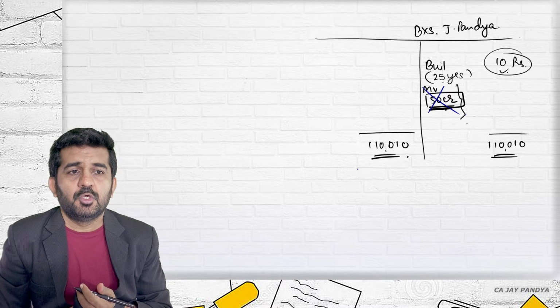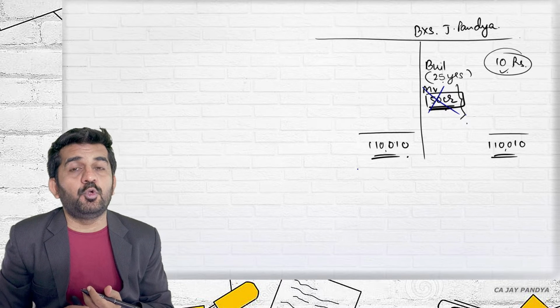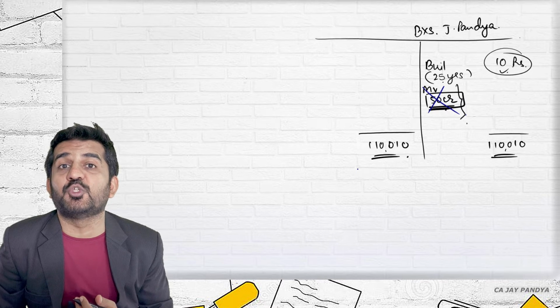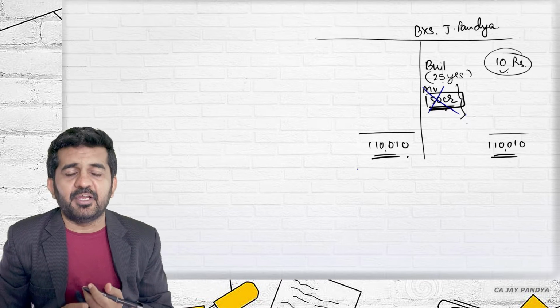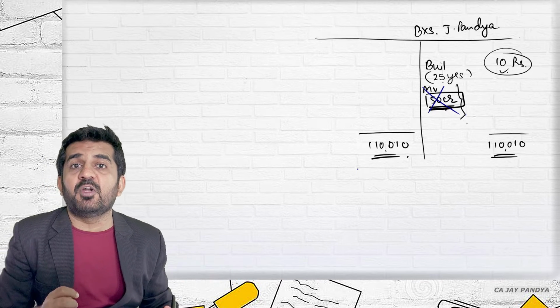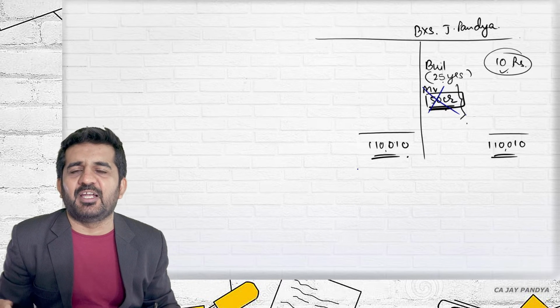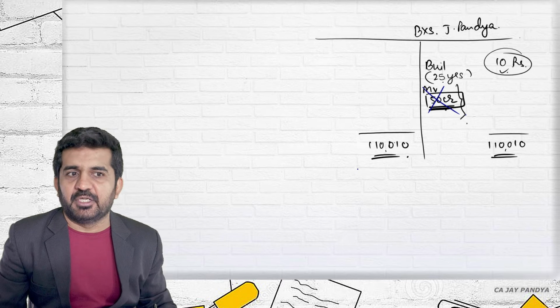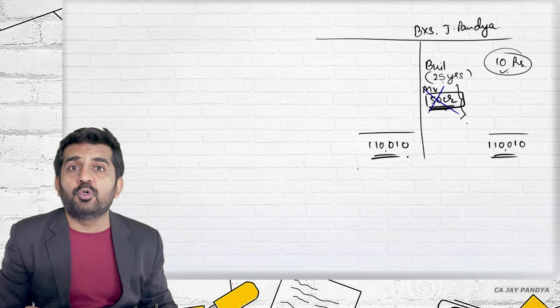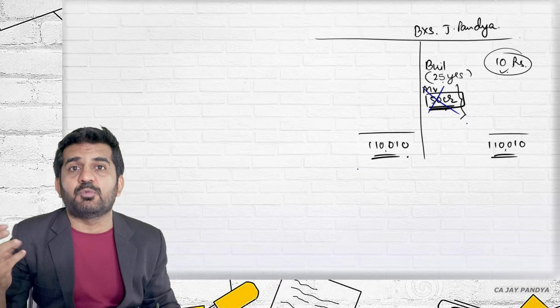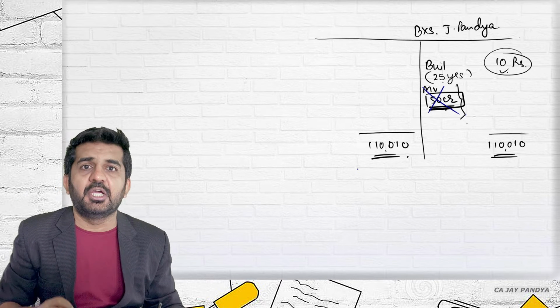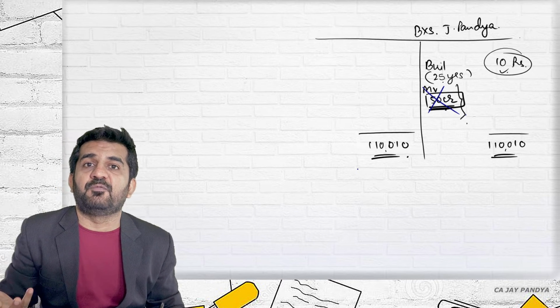Not get a true and fair view, and a good idea that this business is very big. Are you getting it? If by seeing this balance sheet, someone would feel that, okay, he is a very poor person, having a total balance sheet of 1 lakh and a capital of say 50,000. But they don't know that the asset which is valued at 10 rupees in the balance sheet is right now worth rupees 50 crore.